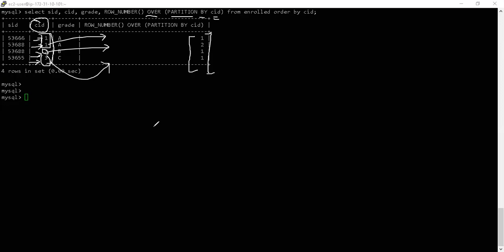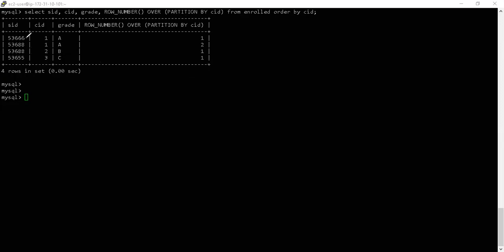If you look at this output, it took the first row, the third row, and the fourth row as one partition, or as row number 1. And then it gave the other row as the second partition, or the second row number basis the partition. Why so? If you look at the first row, the second row, I'm sorry, let me just remove this once more. If you look at the first row, the second row, and the third row, is there anything that you find which is really interesting?